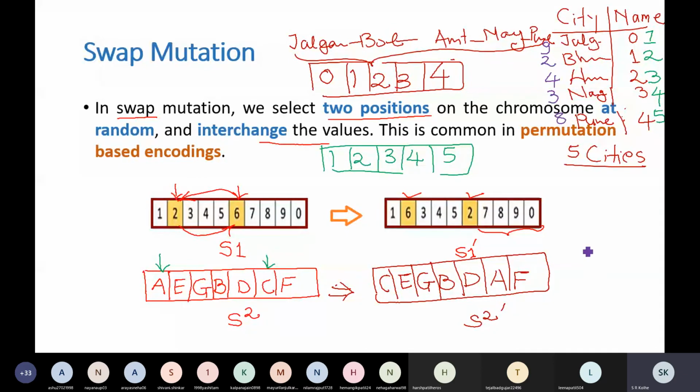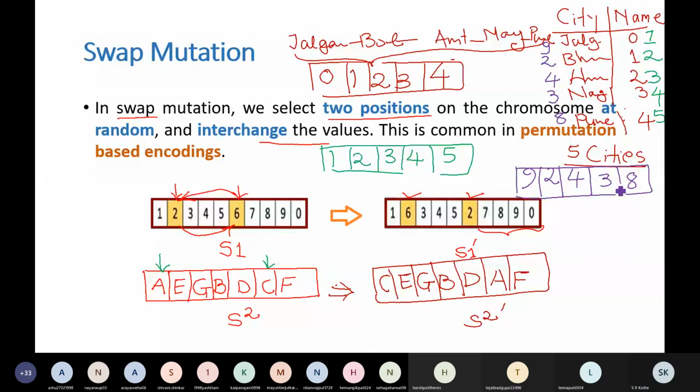So in that case, this solution will look like: Jalgaon means 9, 9, 2, 4, 3 and 8. The same thing can be represented in a variety of different ways. Same solution. It will not make any difference, whether you call it 0 or 1 or 9 for Jalgaon.